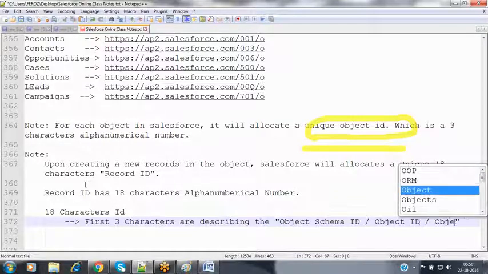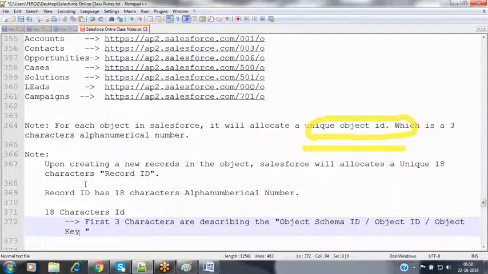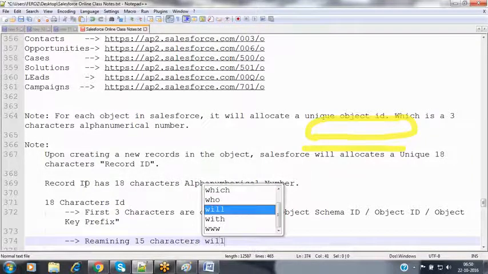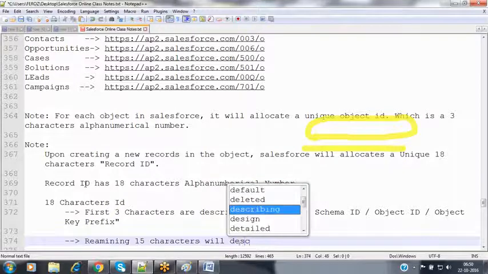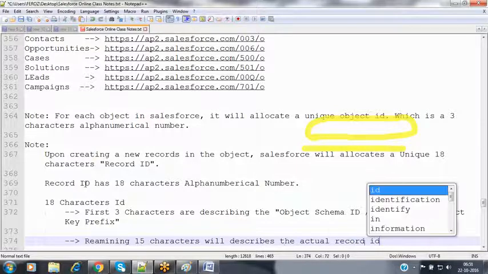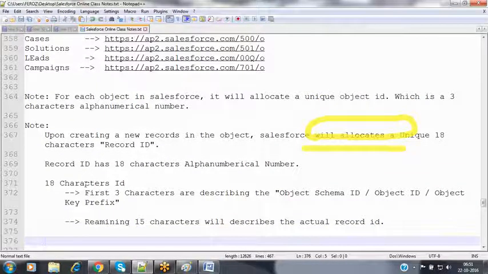This is also called the object key prefix. The first three characters describe the object ID or the schema ID, and the remaining 15 characters describe the actual record ID. The actual record ID will be the last 15 characters.